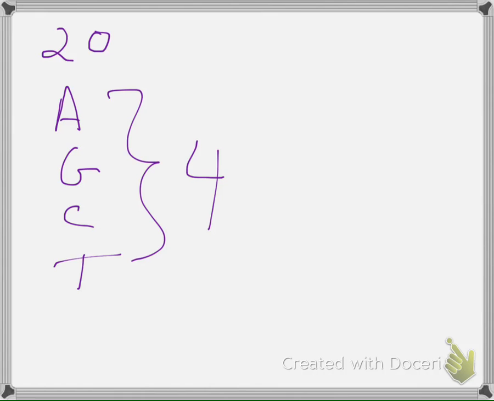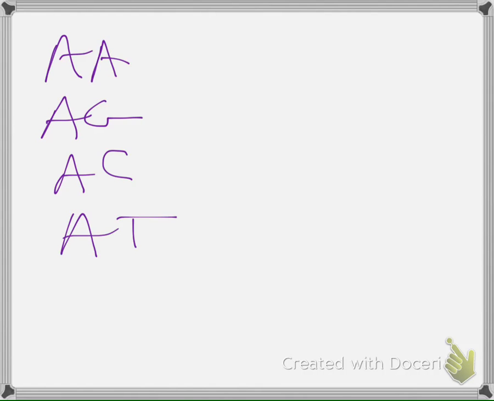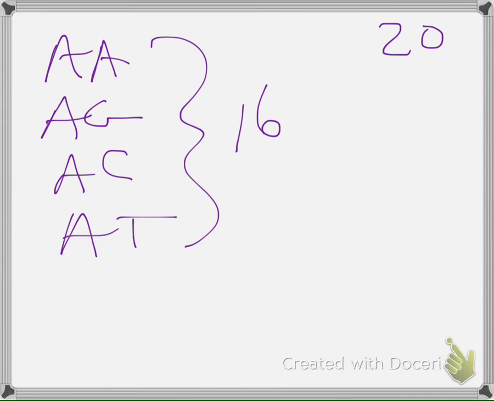All right, so what if we did pairs? AA, AG, AC, AT, and then all different combinations. There are 16 different combinations of 2 letters between the A's, G's, C's, and T's. Why don't we use pairs? There are still 20 amino acids. We would have more diversity in our proteins, but would only be able to use 16 of those amino acids